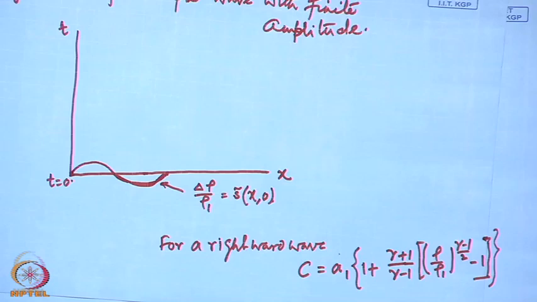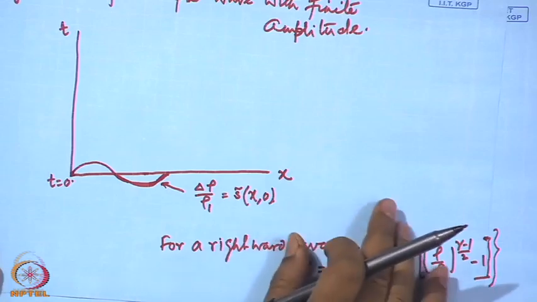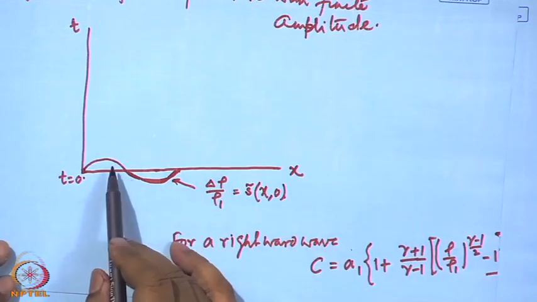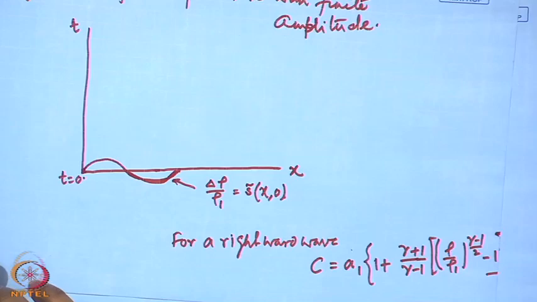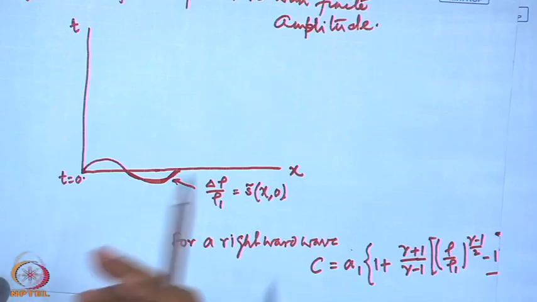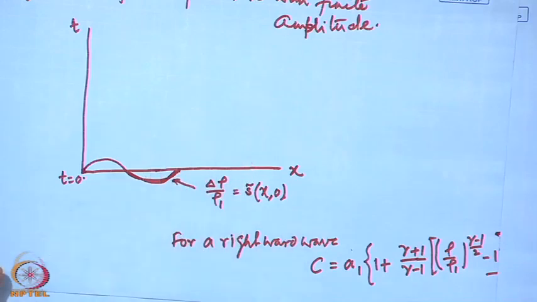Thus, the wave speed changes. In the region of higher density the wave speed is higher, and in the region of lower density the wave speed is lower. Consequently, as the wave propagates, owing to different speeds at different points, the wave shape will not remain as it was and it will distort. We see that the region where the condensation is higher tends to overtake the region where the condensation is lower.